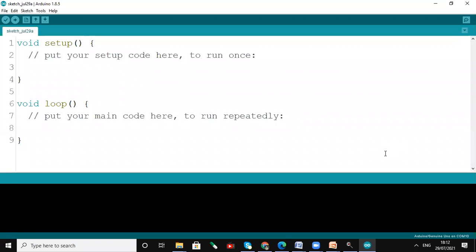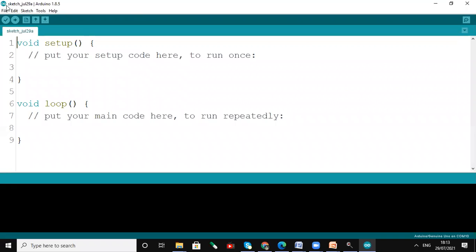Okay, hello everyone. This video explains the basic facilities available in the Arduino IDE. First of all, we have to learn that the Arduino IDE is a development environment which is used to develop programs for Arduino. Okay, so this is the development environment. Second, it has many controls available over here.